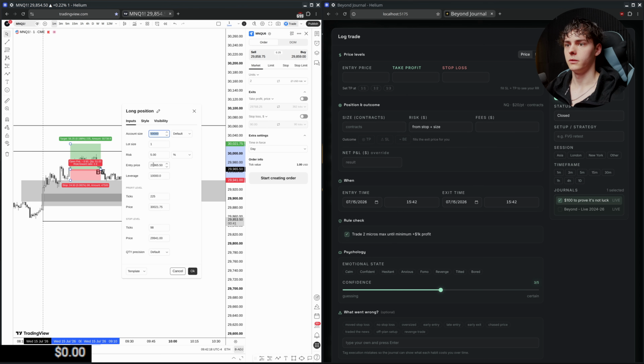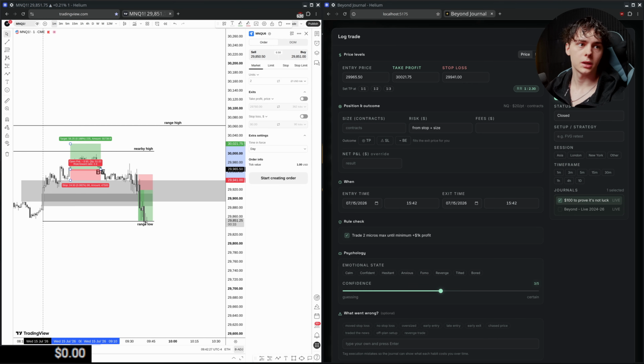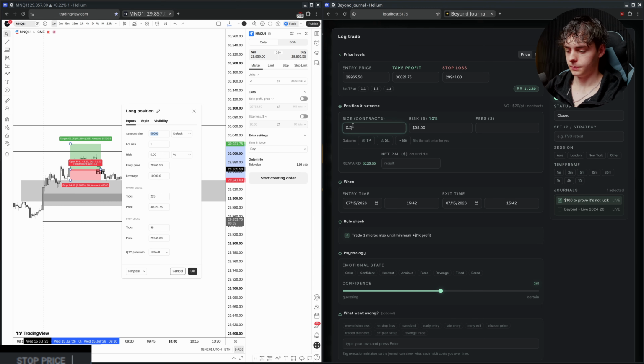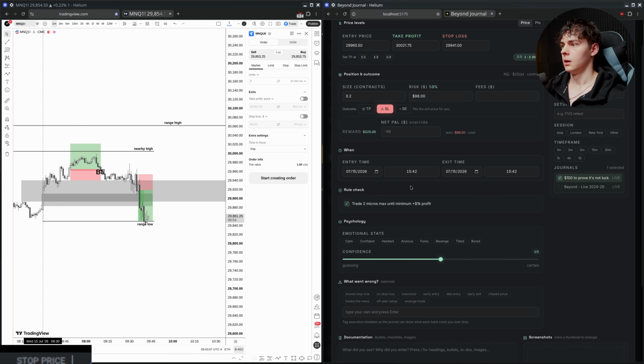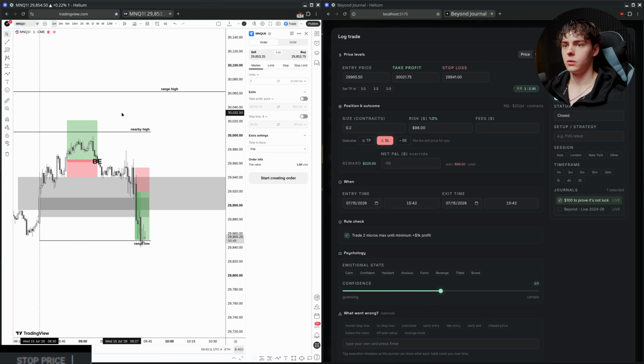So we're going to be doing the very first one. This was the entry. This was the stop loss. This was the take profit. Contract size was, let me check it out real quick. Okay, this was 2. Here we go. This was a stop loss for sure. We've lost a little bit on that trade. The trade was going for, let me check it out, this was 21 minutes. So we've taken it at